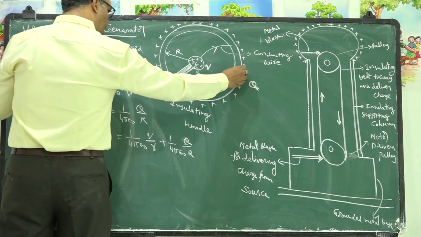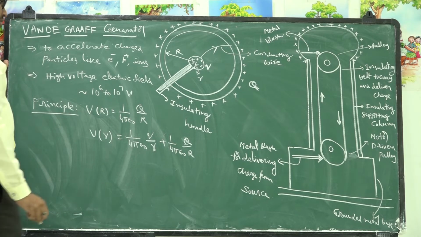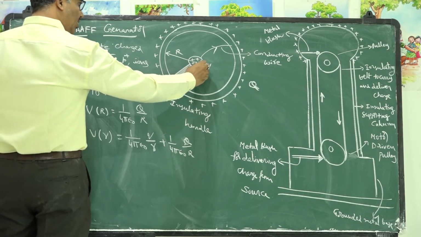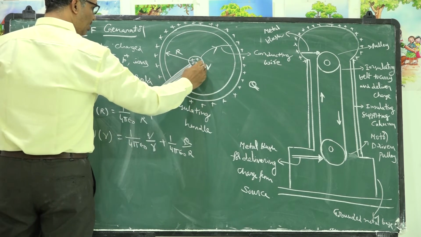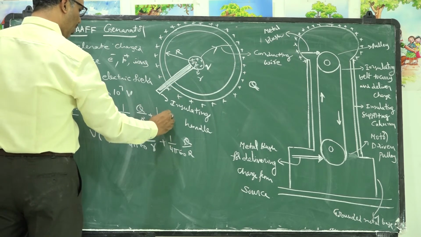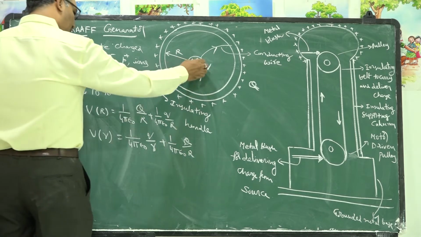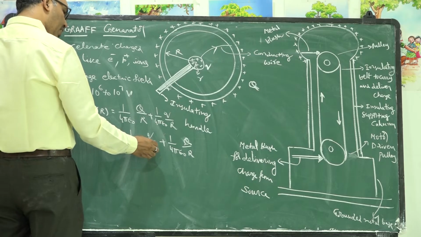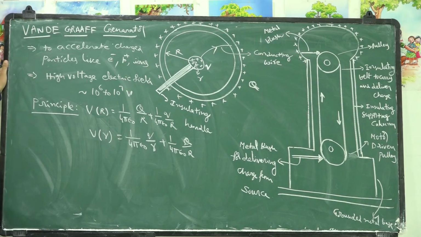Whereas already the existing potential on the outer sphere is 1 by 4 pi epsilon naught capital Q by capital R. Due to the introduction of this smaller charge inside this, some potential is generated here due to the smaller charge. What is the potential generated? For this smaller sphere, it is an outside point. At outside point, the potential is 1 by 4 pi epsilon naught small q by capital R. Finally, due to the introduction of this smaller charge, the potential on the smaller charge is given by 1 by 4 pi epsilon naught q by small r because of its own charge, 1 by 4 pi epsilon naught q by capital R because of the charge available on the spherical shell.